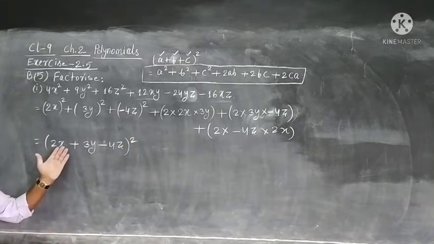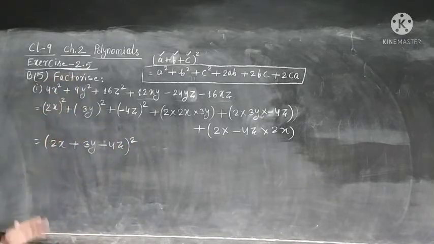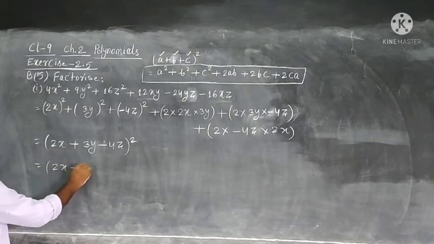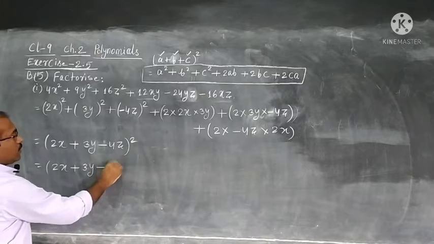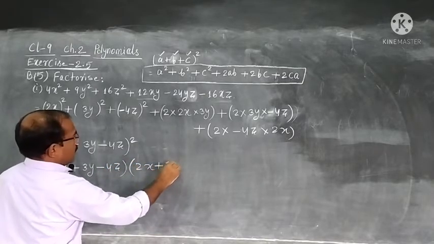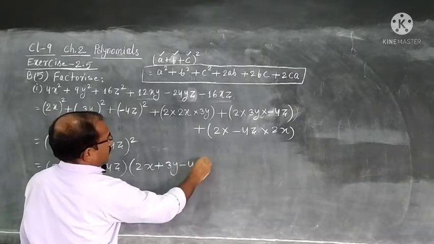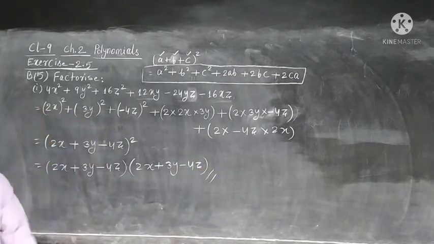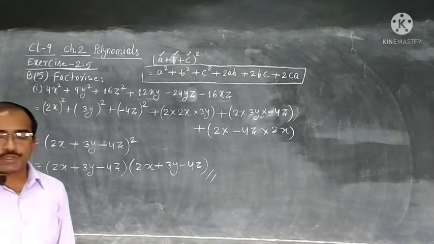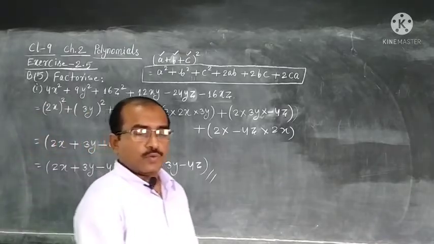This is now exactly in that form, A plus B plus C whole square, and we can leave it here also. Or, whole square means you know that we will write it 2 times in product, 2x plus 3y minus 4z. So, we need to be careful whenever this minus sign is coming, we need to observe which term will be minus. Let us see, one more question is there, 5-2, we will see.